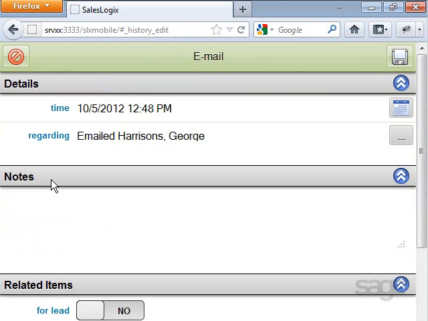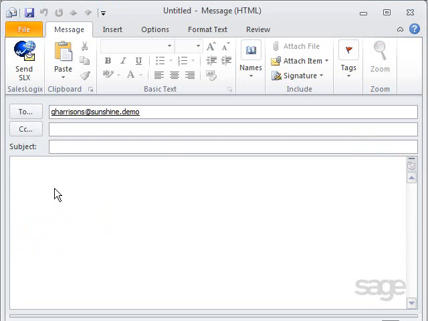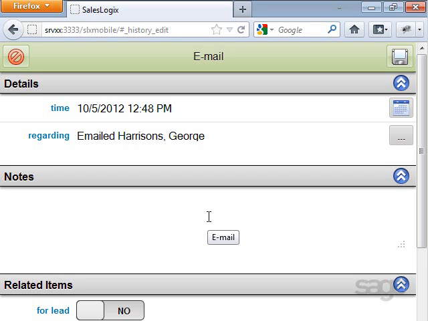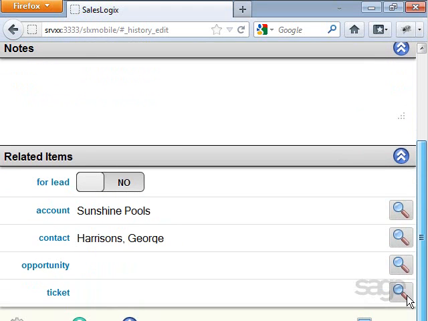When I click to send an email, I'm now no longer in the mobile client. So I'm on a desktop, so that's why you're seeing the Send SLX button. But you would just be seeing whatever default mail application that you have on your mobile device. As soon as you send the message, your mobile device will return you back to the SalesLogix website. And automatically, SalesLogix is asking you to complete an activity for that email task so that you can record it